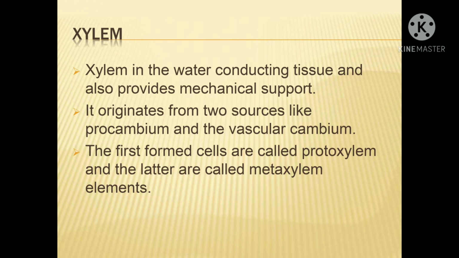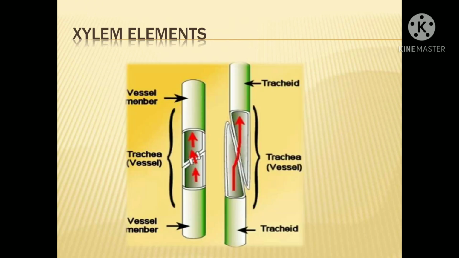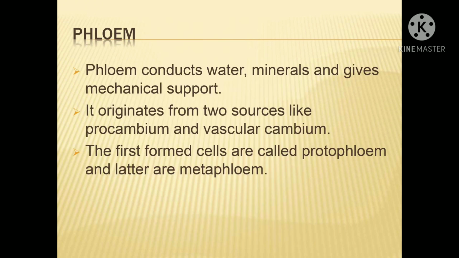There are two ways from where they can come, procambium or vascular cambium. Xylem has three main types of cells: tracheids, vessels, and fibers. Tracheids help in strengthening, vessels conduct the water, fibers support it, and parenchyma cells help in forming new xylem elements. You can see tracheids and vessels are tube or pipe-like structures which help in conduction of water from soil to the upper part of the plant for photosynthesis, whereas phloem conducts mainly food, minerals and water.